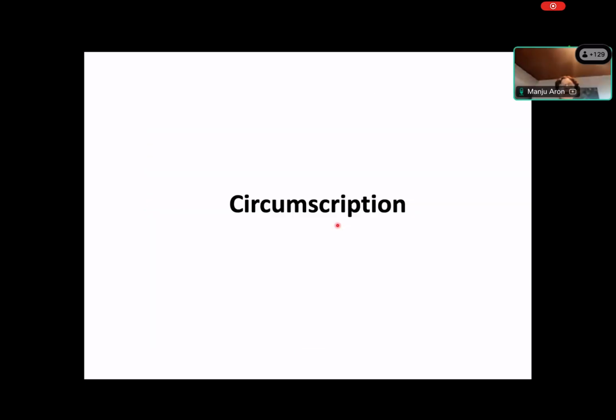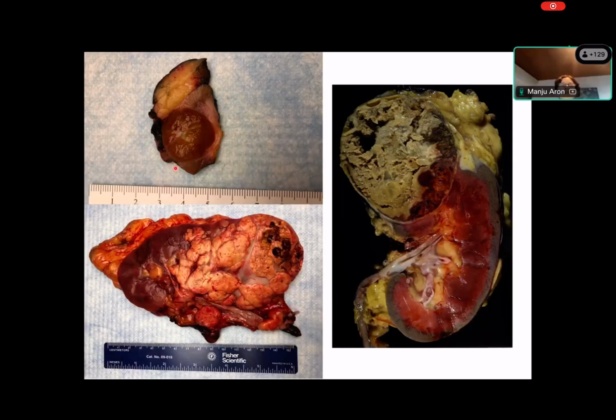The next thing you want to look at, other than the color, is the circumscription, right? Is this a well-circumscribed tumor, as you can see here, or is it a tumor which has a very irregular interface with the surrounding renal parenchyma? Or here is a tumor which appears necrotic, but you can see it has a very well-defined capsule. So these terms are important. Circumscription, non-circumscribed, or a tumor which has a very well-defined capsule, so it's encapsulated. Oncocytomas are circumscribed, but they do not have a capsule. Papillary RCCs usually are circumscribed and have a very well-defined capsule.